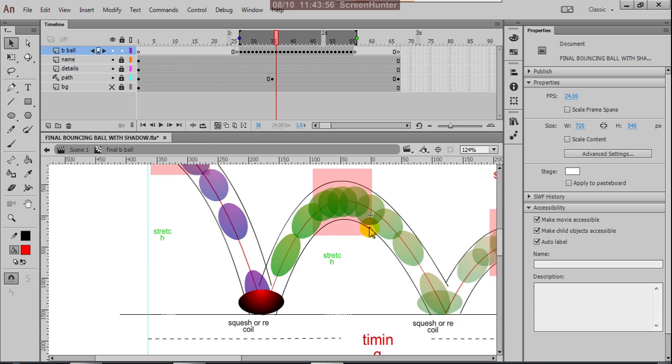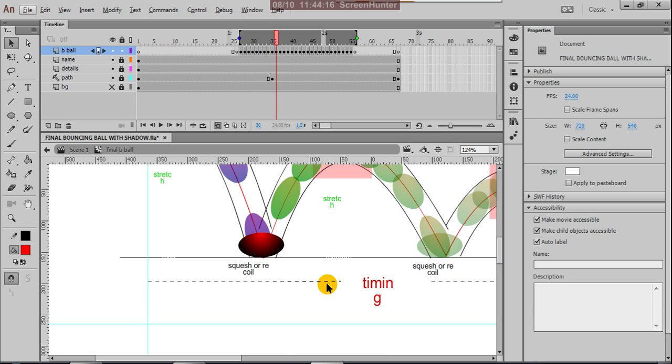After dropping here, because of the rubber material, after hitting the ground it bounces into air, and here the ball is flattening. So here it is squash or recoil.